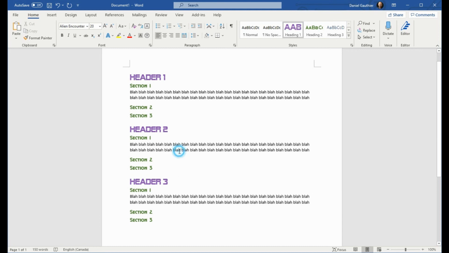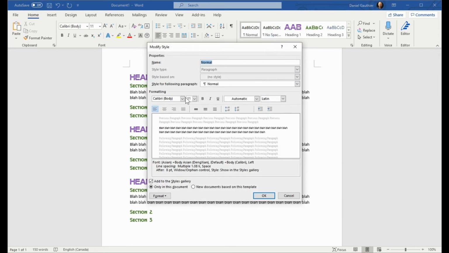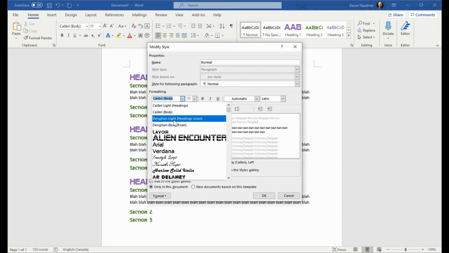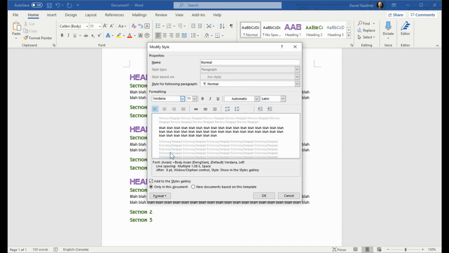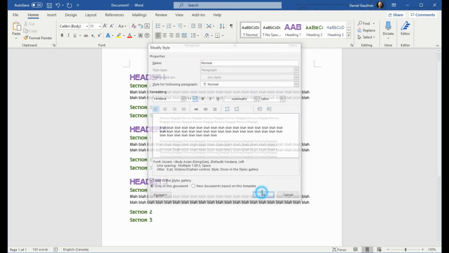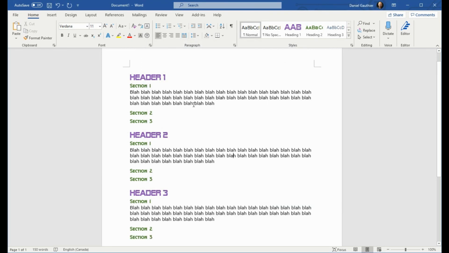So if I wanted to change my text throughout here, I can right click on this, go into Modify, and normally I like Verdana. I seem to stick with that. I think the size is fine. We'll go with the automatic coloring and okay that. So that's updated the font, and you can see I did have it on two different lines. Now that I've changed the font, it's gone and made it bigger, so it goes between 2.5 lines.